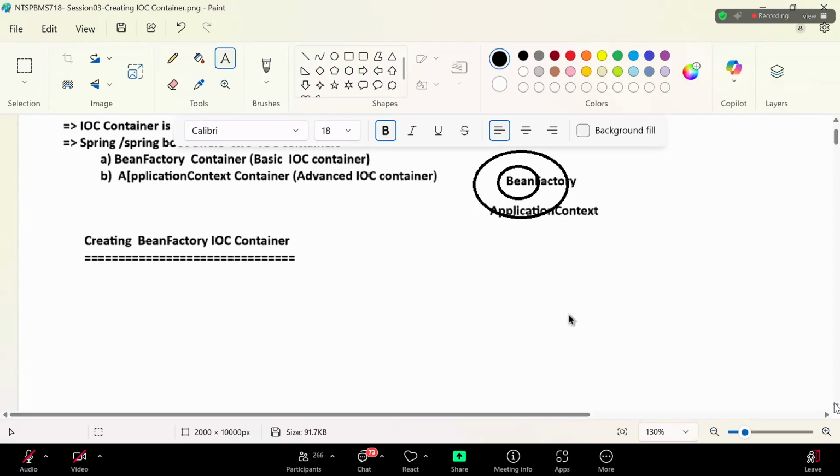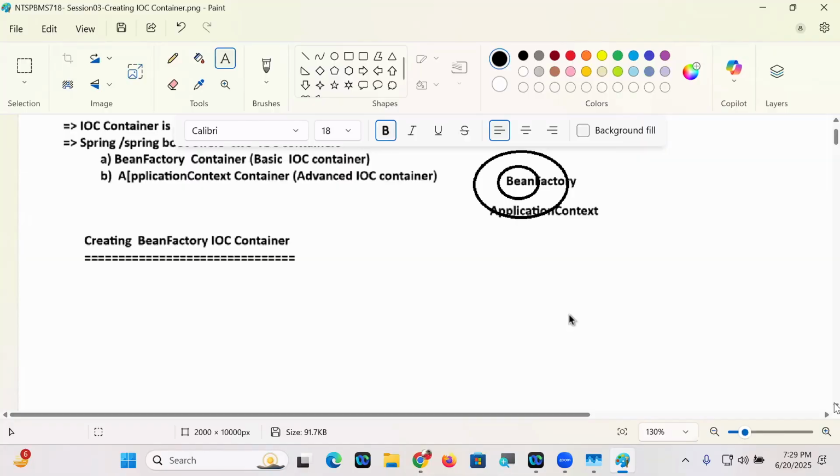So BeanFactory is one predefined interface. Sir, you are saying interface, you are saying object. I'm confused. If any object name is referred with an interface name, it is not the object of the interface. It is the object of a class that implements the interface. Why, sir? There are so many implementation classes for the interface, but all objects of all classes I want to refer